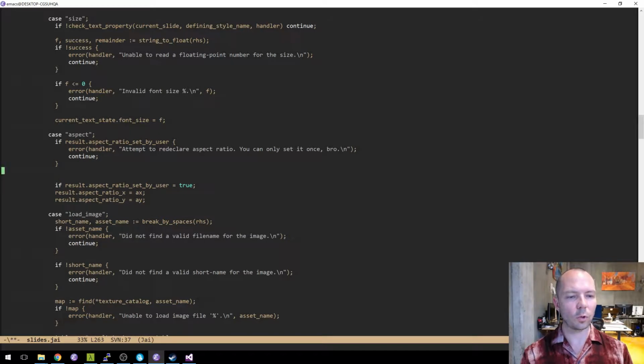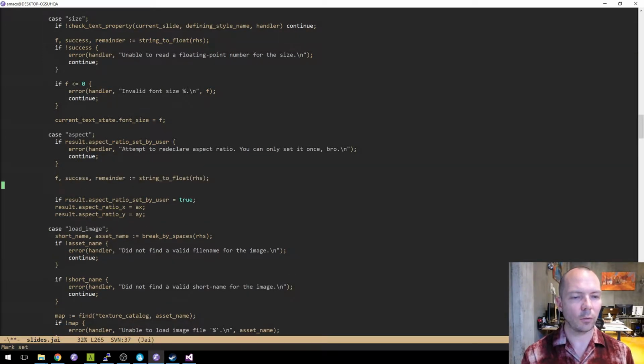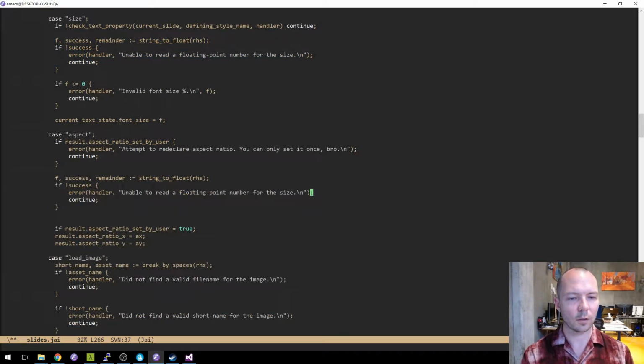So, what are we going to do? Unable to read the aspect ratio x value.